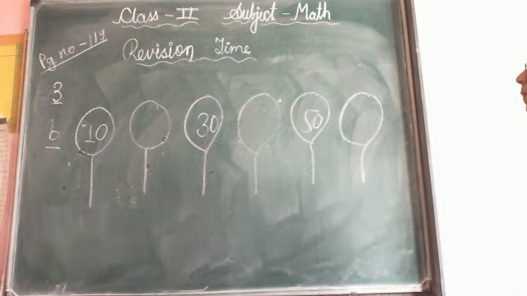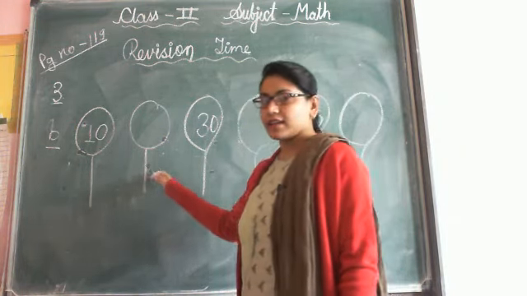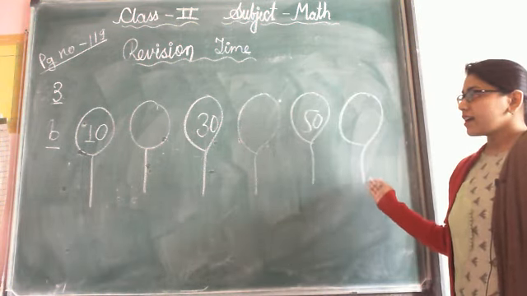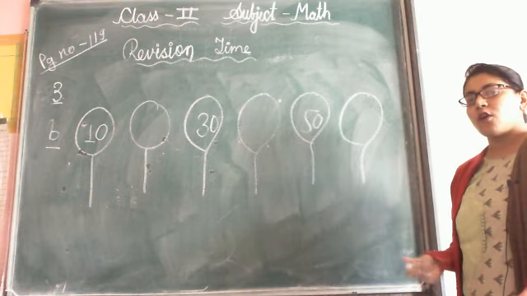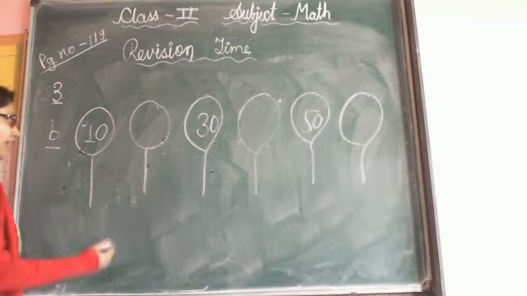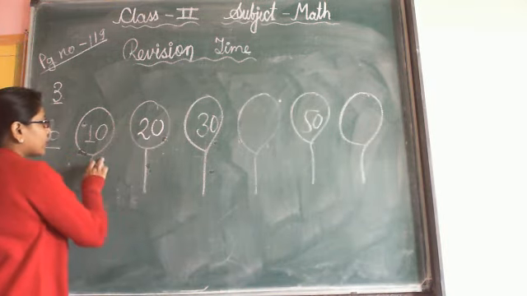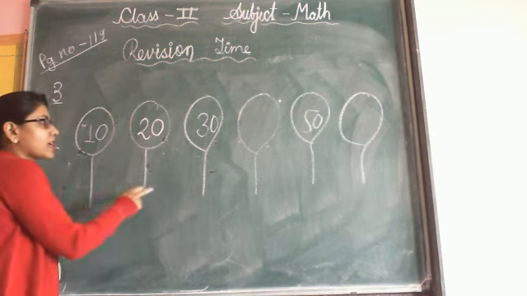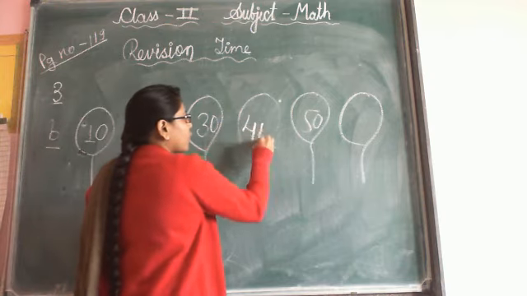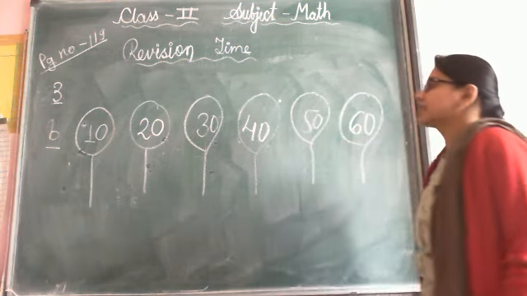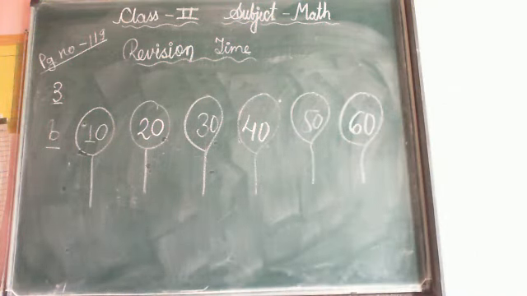See student, 10 blank, then 30, then blank, then 50, then blank. Isn't it looking like table of 10 or we are adding 10? So yes, this is table of 10 or we are adding 10. So 10 ones are 10, 10 twos are 20, 10 threes are 30, 10 fours are 40, 10 fives are 50 and 10 sixes are 60. So this is the solution of B. Question B. So all of you note down this.